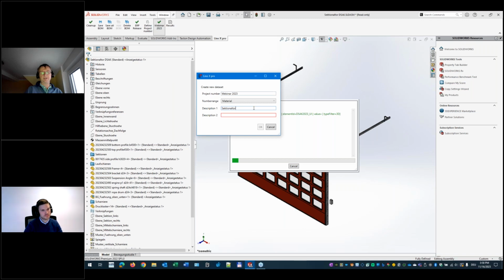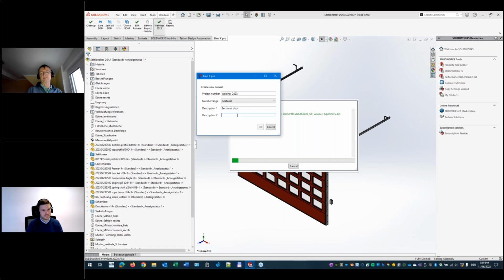I have here the original name in German, because normally I work in German. We can change that to sectional door in English, and we have here the red rectangle show me, and you see the OK button is not